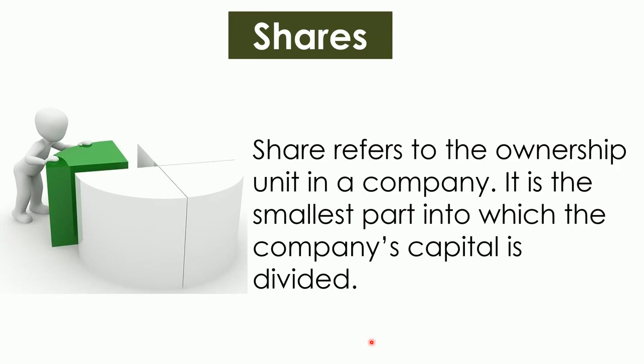Shares. The capital of a joint stock company is divided into denominations of equal units called shares. These shares are offered for sale to the general public so as to raise funds for the company. So, the share represents an ownership unit in a company. It is the smallest part into which the capital of a company is divided. The one who subscribes for the shares of the company and is allotted shares by the company is called the shareholder. Now there are two types of shares: